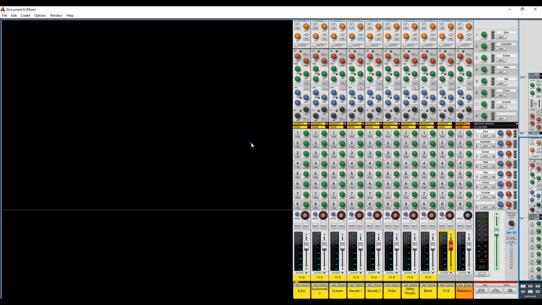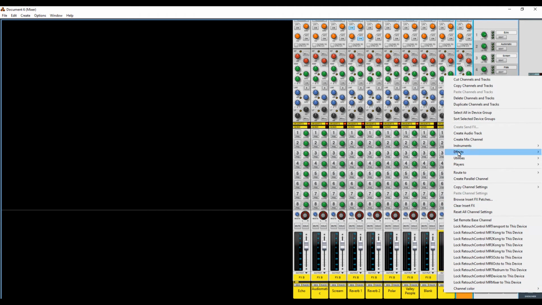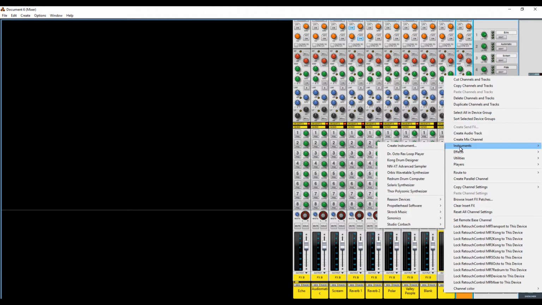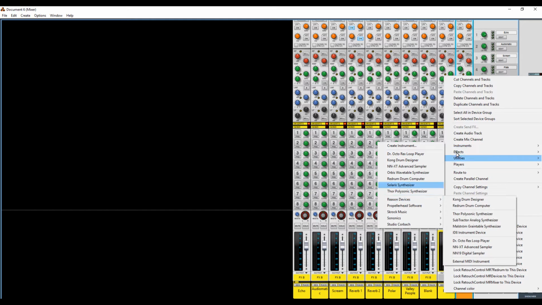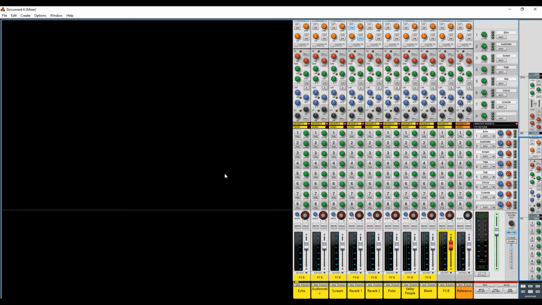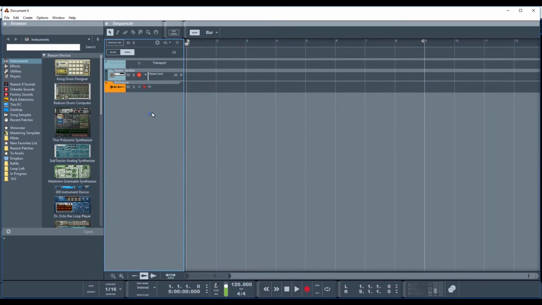So let's get started on the Dr. Octo Rex. The first thing we're going to do is create a source instrument that we're going to use to chop the sample. Or what we can just do is really import a wave file. So let's go here on the